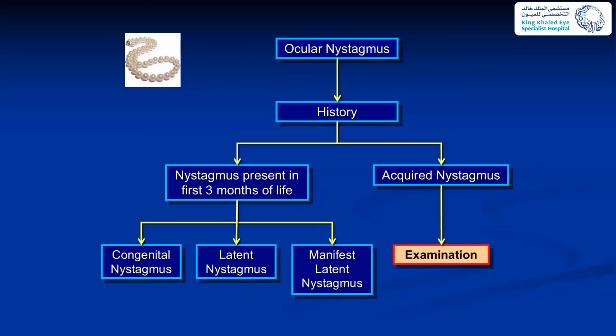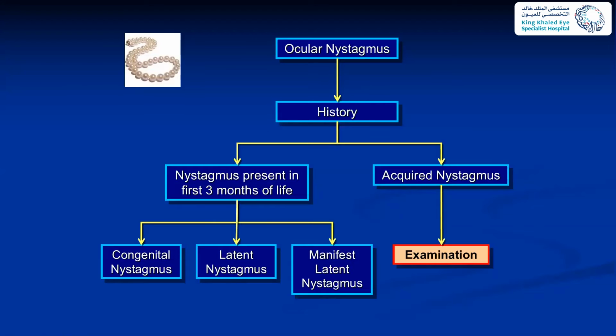Before that, he might have abnormal movement sometimes, but after 3 months they should be able to follow, and usually in a normal child we don't have any abnormal movement. So if in the history something happened in the first 3 or 4 months of life, we will consider it as congenital